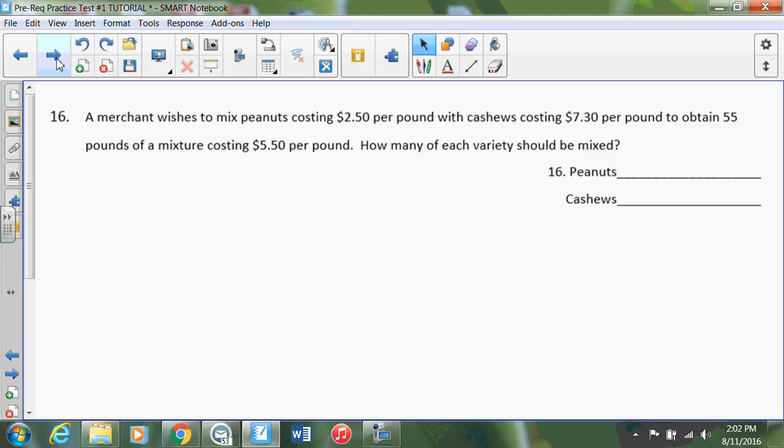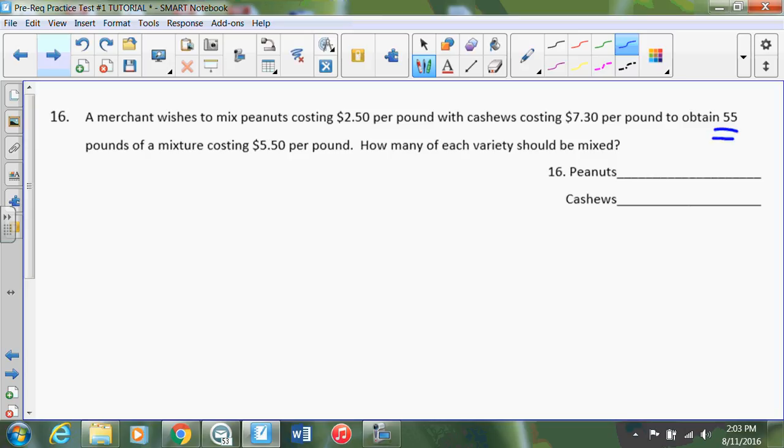So this is a mixture problem. I think you've been exposed to these in Algebra 2. These are definitely something where we need to use systems of equations to set this up. So we're going to do the same thing we just did. We're going to look for the easiest equation first. Let's make P equal to peanuts and C equal to cashews, because P and C are good letters to work with. And I noticed that I see 55